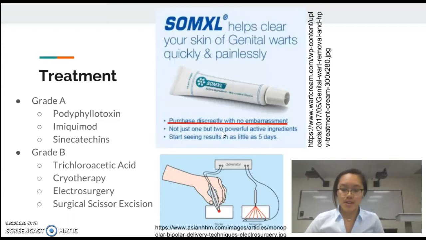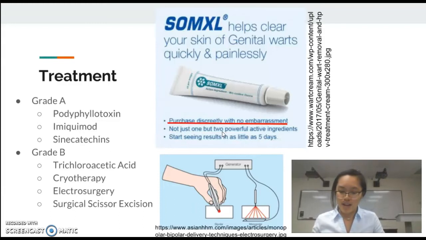The next treatment is called cryotherapy. It is a process in which the abnormal tissue is frozen through the use of a cooling agent such as nitrous oxide or liquid nitrogen. The next type of treatment for grade B is electrosurgery. Electrosurgery involves the use of high-frequency electrical currents in the form of thermal coagulation or electrocautery to burn and destroy